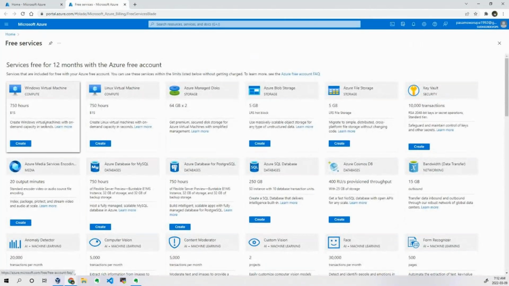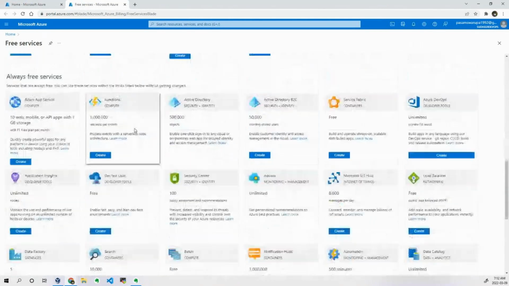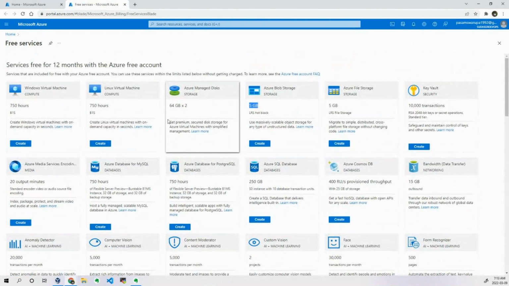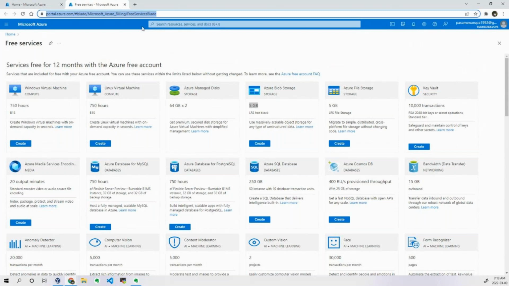They will give you a particular time frame in which you can execute, or a particular storage size. They will tell you Azure Blob Storage is completely free up to 5 GB. If you use more than 5 GB, they will start charging. So there are some completely free services which you can access. These are the services in the list, and you can keep it with you. When you log in, you will also get those details. This is the first thing we have to know.